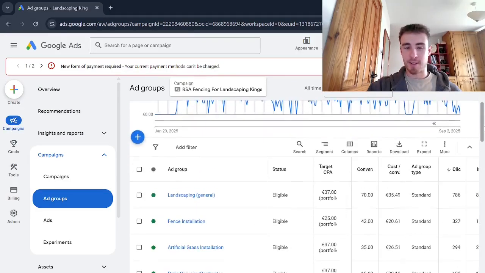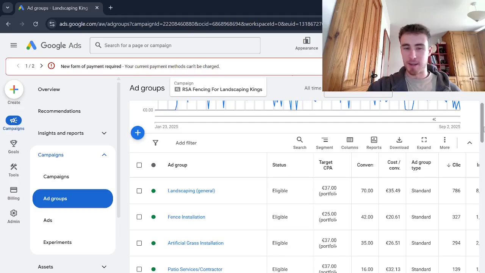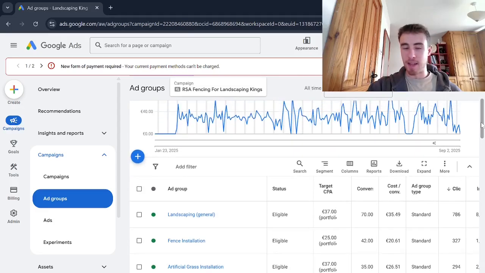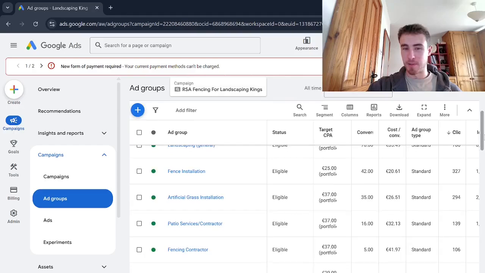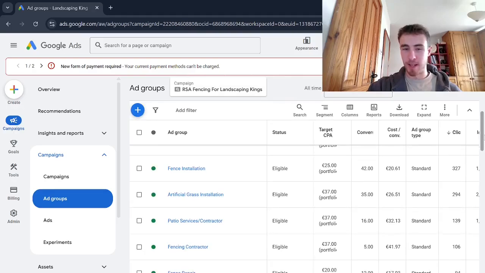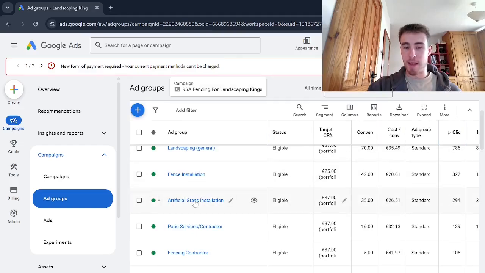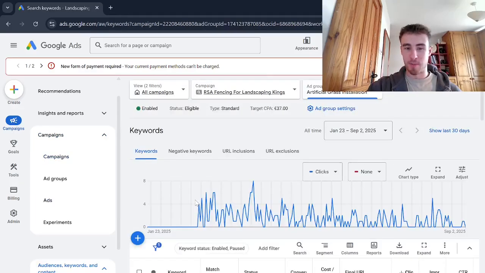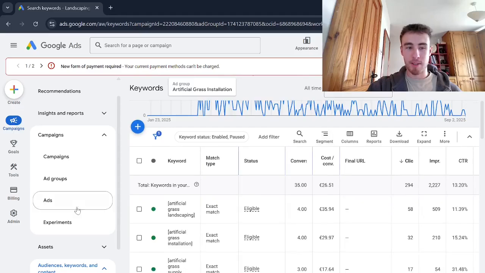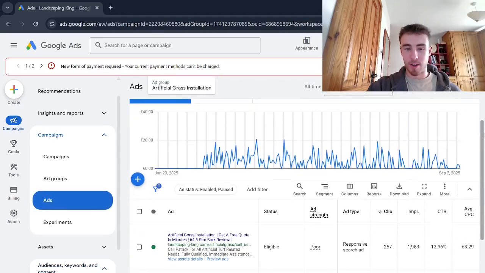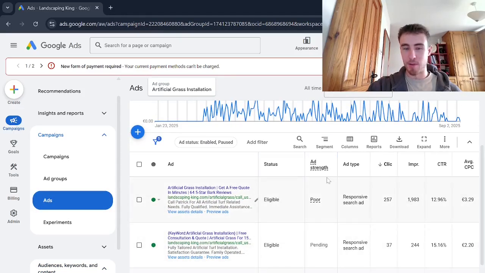And now one of the first things you want to do when making a new Google Ads campaign in the first place is make all of the ad groups that you want to run for the different services you offer and the locations that you serve. And what you want to do from there then is make one or two responsive search ads per ad group. And as we can see here, for example, in this artificial grass installation ad group, we have two active responsive